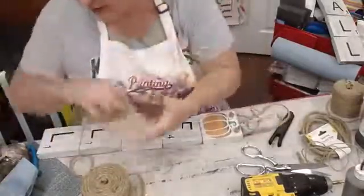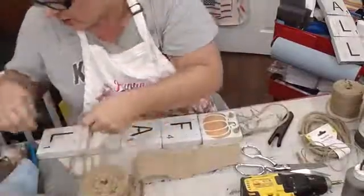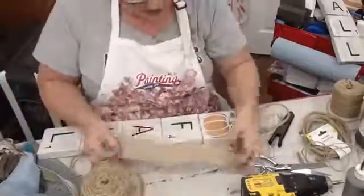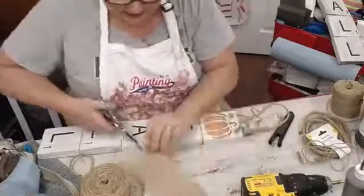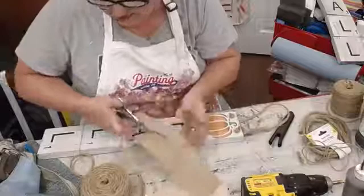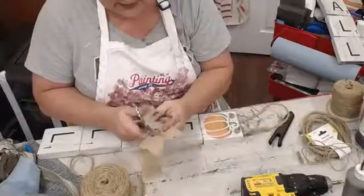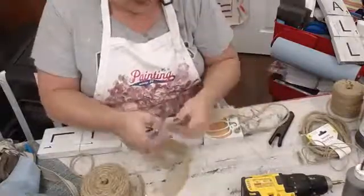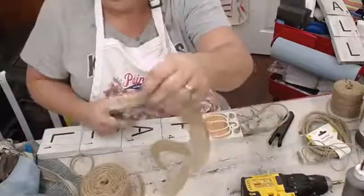I don't have very nice stuff for a bow, but I'm going to do it just really quick to show y'all what I did earlier today. So I have this really wide jute, but I'm going to cut it in half widthwise so that it's not as wide for the third little piece. And I'm going to just bend it over. I'm just going to fold it in half